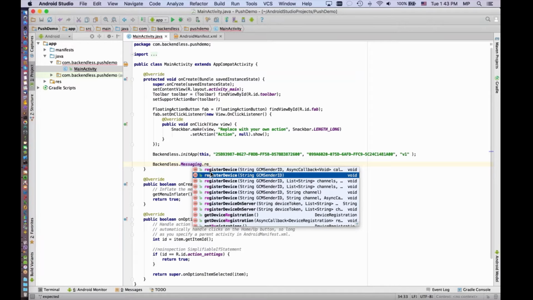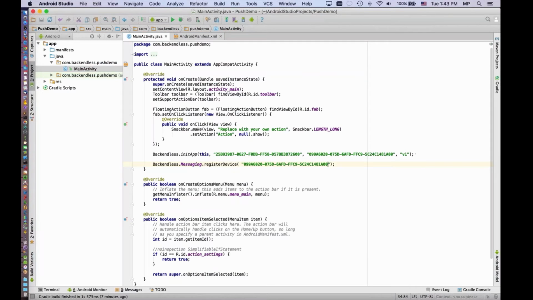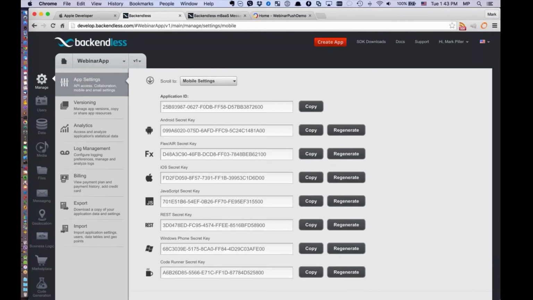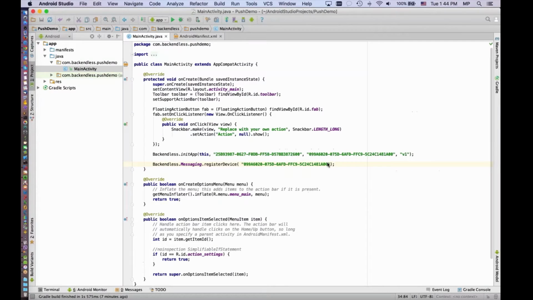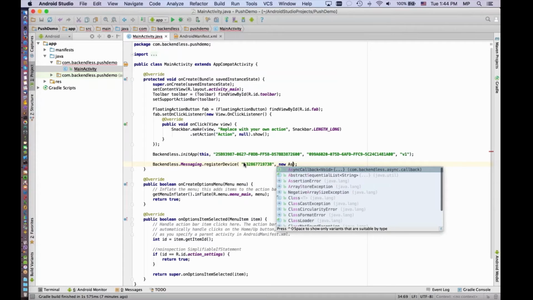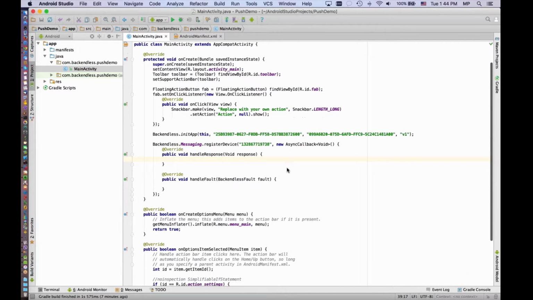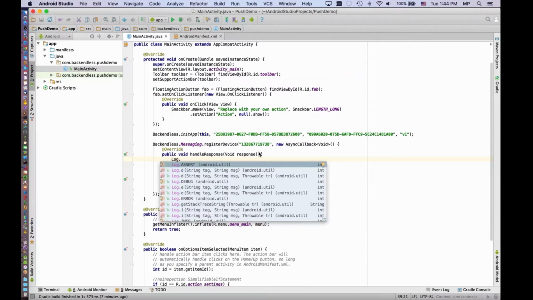So it's very important to keep in mind that whenever you make any of the API calls on the main UI thread, use the asynchronous version of the API. And for this, it's going to be the first one. So the very first argument is going to be our project number from Google. So this guy. Return to Google Developer Console and get the project number for the project that was created. And then the second argument is going to be the callback that we're going to get back whenever device registration has succeeded. And in here, let's just acknowledge that